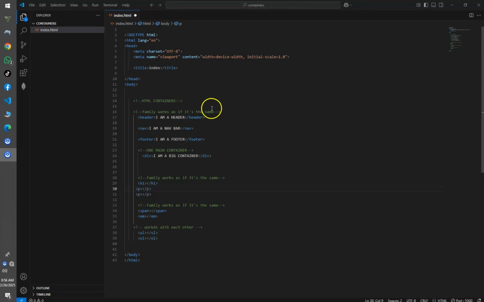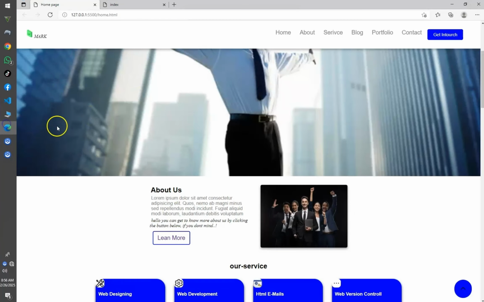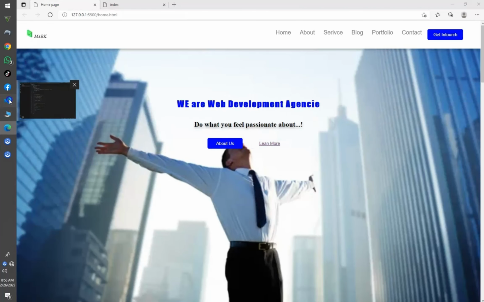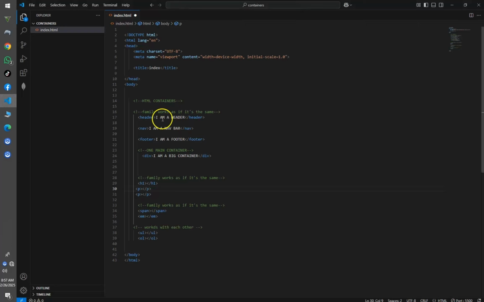Here is the example. In our website, for example, you decide to have a header tag. Let me open this website for you to see. Great, here we go. As we open this website, you see we have our logo, we have the navigation bar links, and we also have a background image and all these containers, the button, and all that, the heading. Great. Behind the scenes,